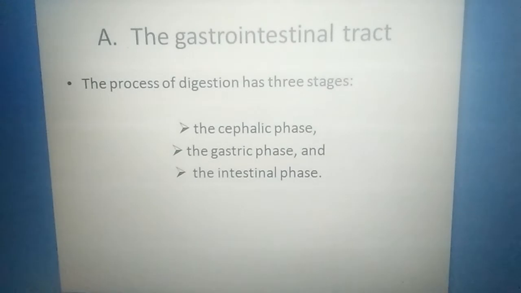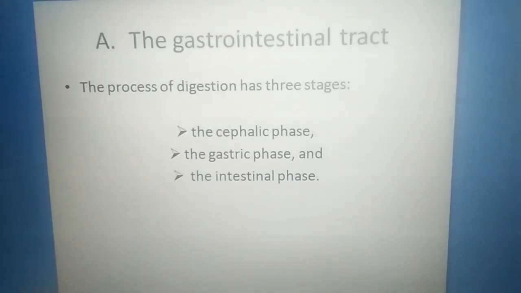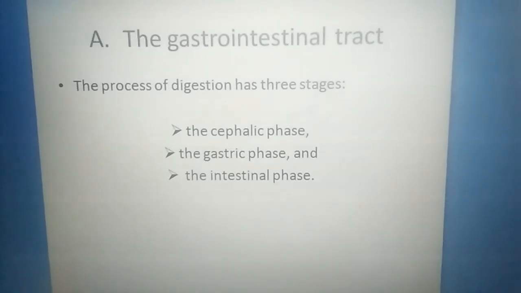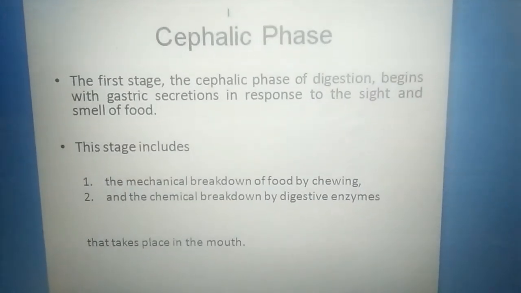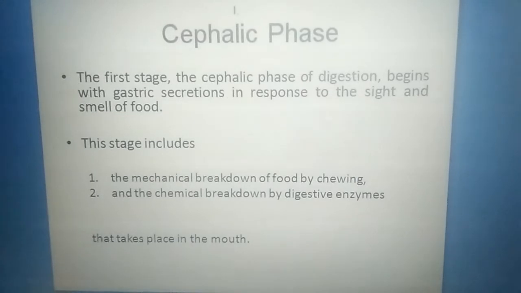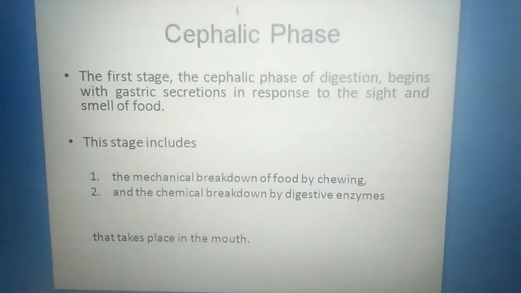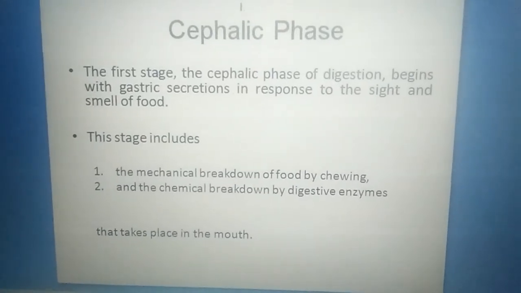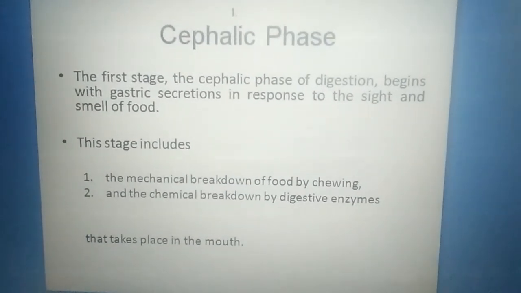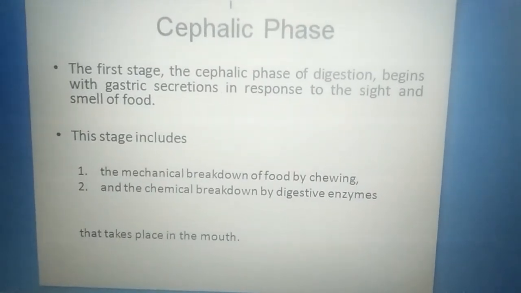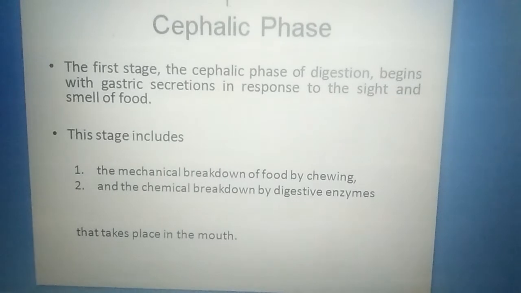The cephalic phase, the gastric phase and the intestinal phase are the three stages of digestion in the gastrointestinal tract. In the first one, the cephalic phase, digestion begins with gastric secretions in response to the sight and smell of food. This stage includes the mechanical breakdown of food by chewing and the chemical breakdown by digestive enzymes that takes place